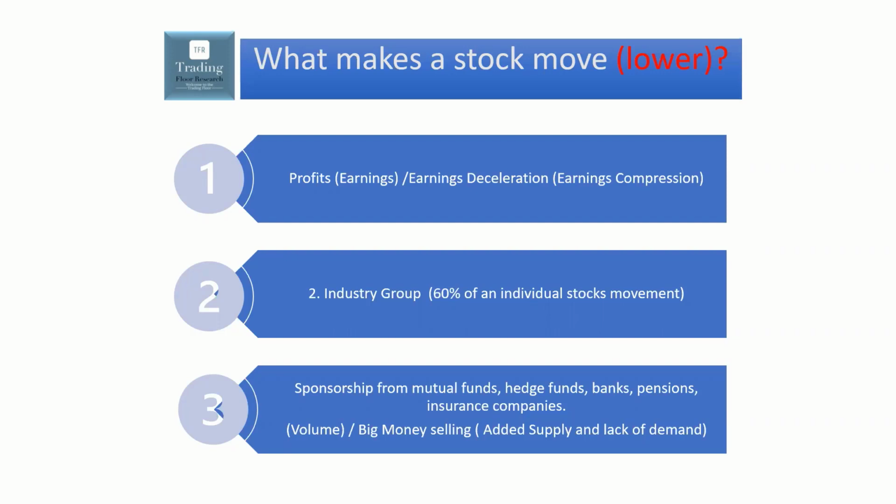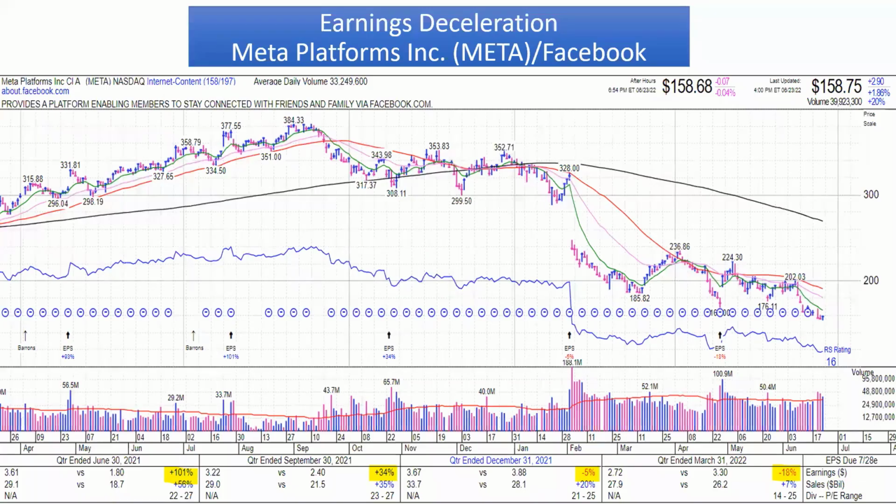So let's get started here with earnings deceleration. The example I'm going to use for this is Meta Platforms, which of course everyone knows used to be called Facebook. They just recently changed their name. But what I want to look at is the idea that if you see, as the stock was moving higher in price,